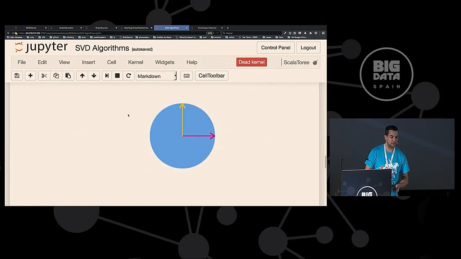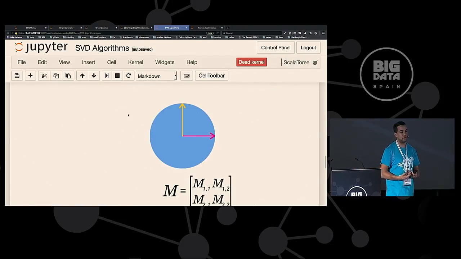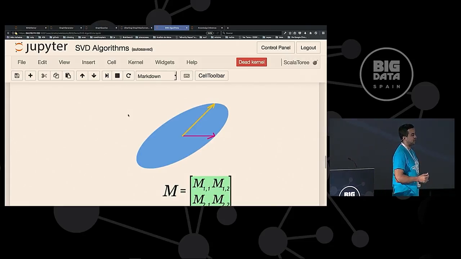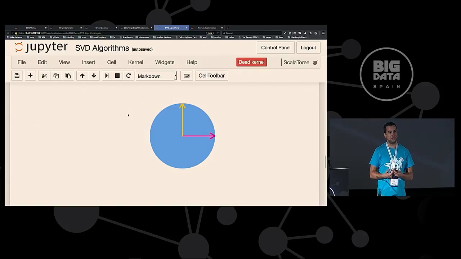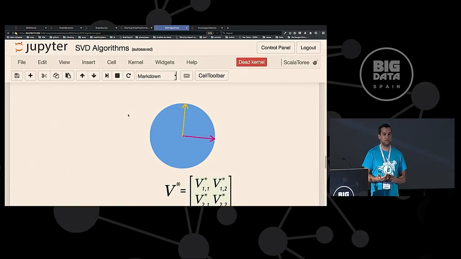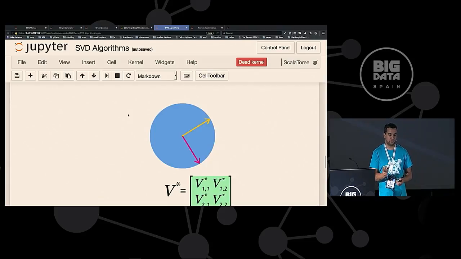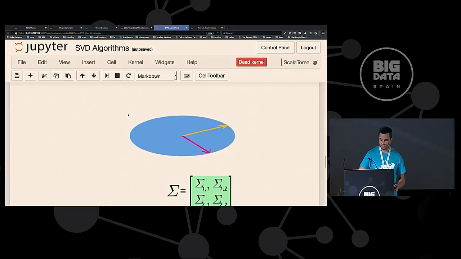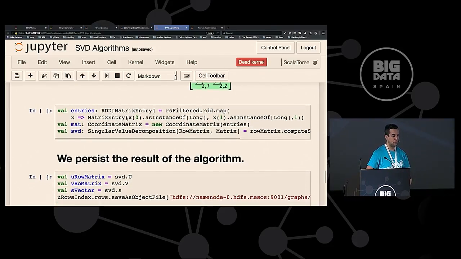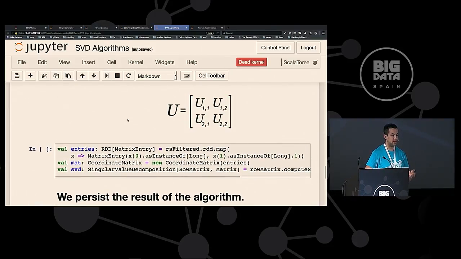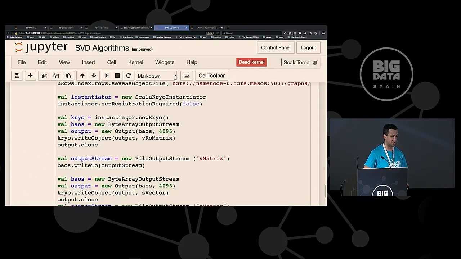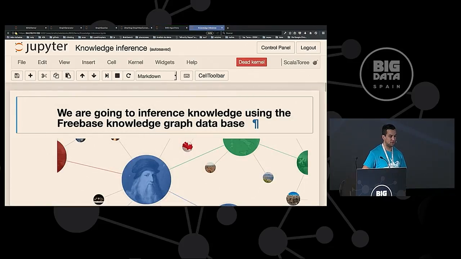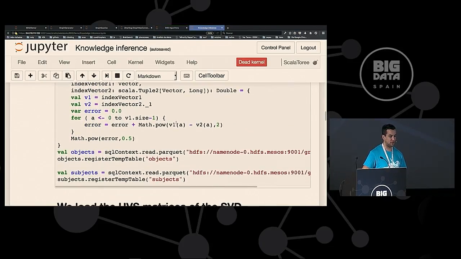So the objective of this method is to create 3 matrices. And thanks to these matrices, where each matrix is composed of relationships between the subjects, we'll try to infer new behavior. We'll try to fill the gaps with knowledge. So this notebook is just to create these matrices and try to persist the information. And in the following notebook, we take that information